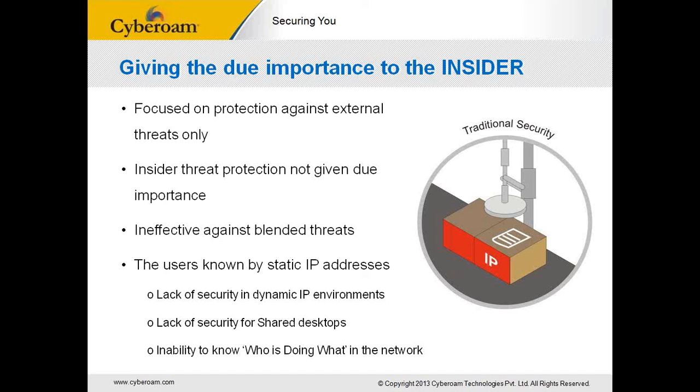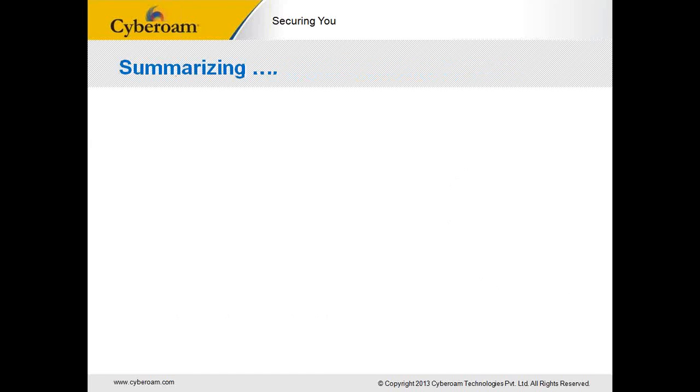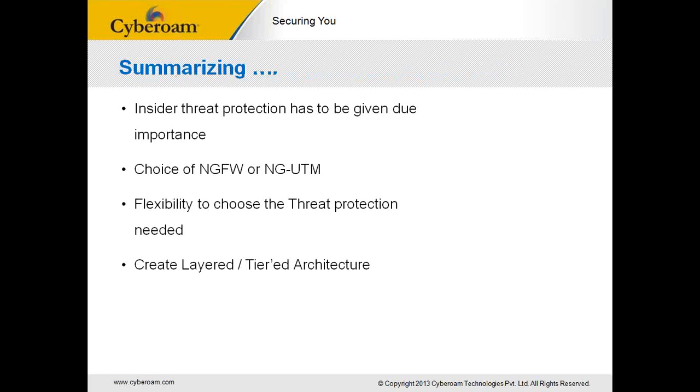So the point I am trying to drive here is that having an identity aware gateway device is very important, right? So that you can actually know who is doing what in the network. That ability helps you to create more stringent policies, and take care that nobody is exploiting your users' IT unawareness to try to gain access to the network. It would help you to create more granular policies, right? Now, just to summarize,